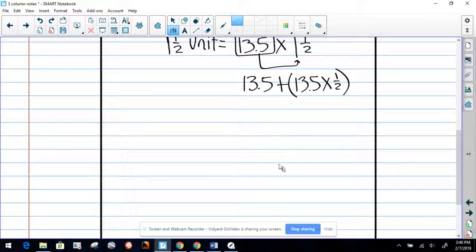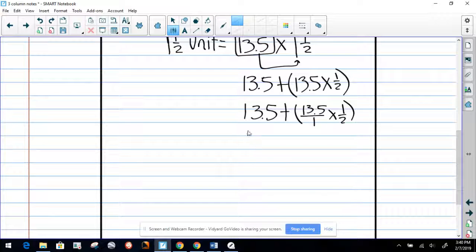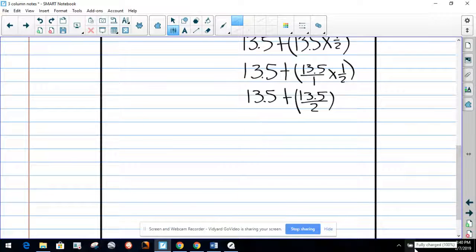So we're going to follow the procedure that we have been doing for a while. 13.5 plus, so we know that 13.5 over 1 times 1/2 is going to equal 13.5 over 2. So that is the answer from this, from above. When we do this, it's going to be 13.5. So that's a division, right? That's 135